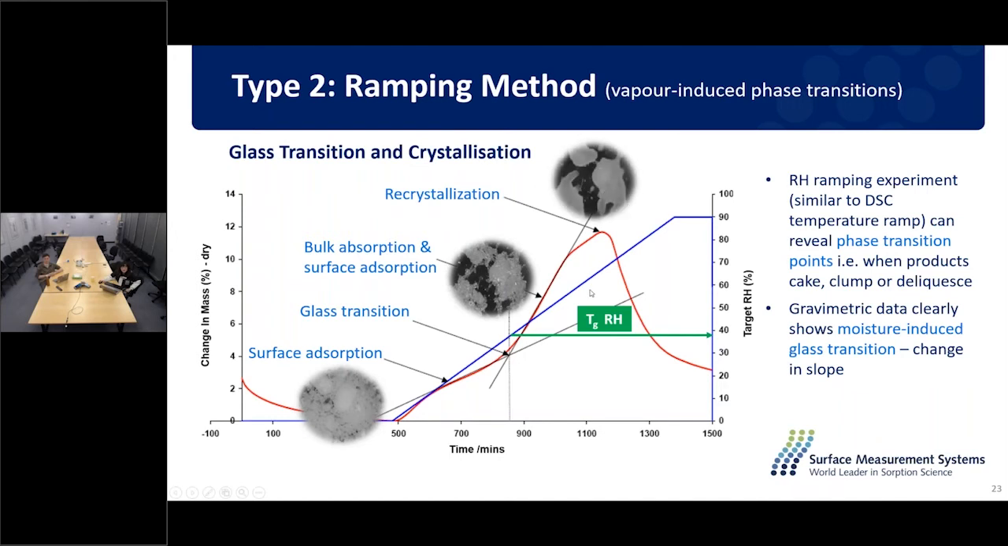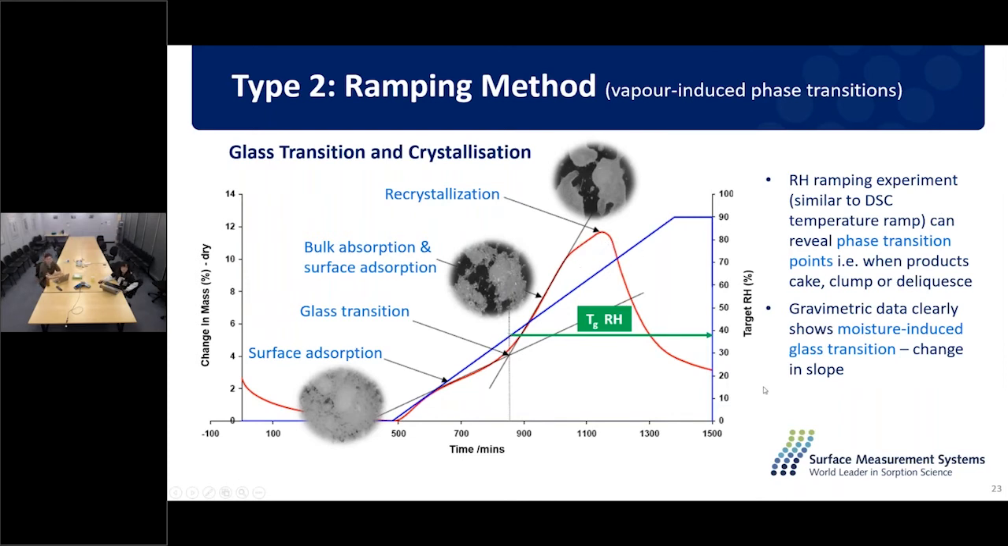And when we keep increasing the humidity, the sample can also go through the recrystallization step. Basically, the sample goes through the amorphous phase to the crystalline phase with less sorption capacity and less surface area. So basically, from this ramping method, we can get two critical conditions for the material. One is for the glass transition point of the material, and the other is for the crystallization point of the